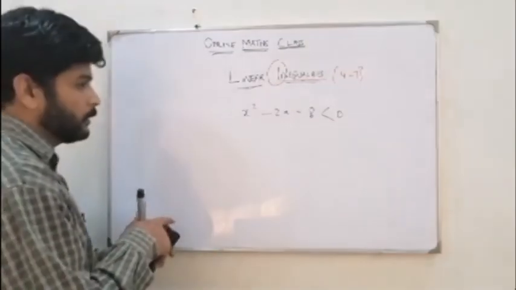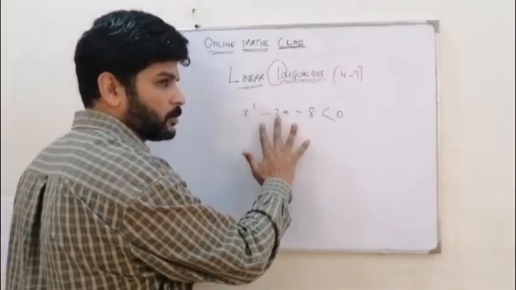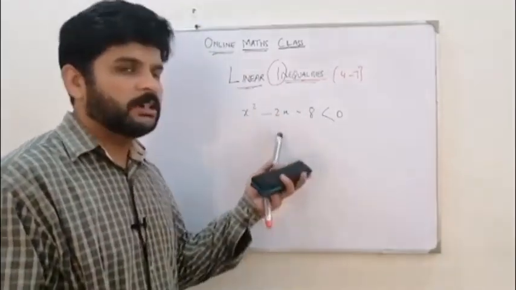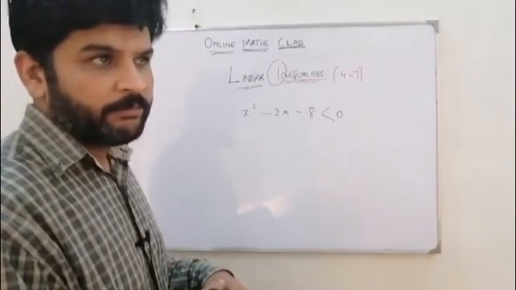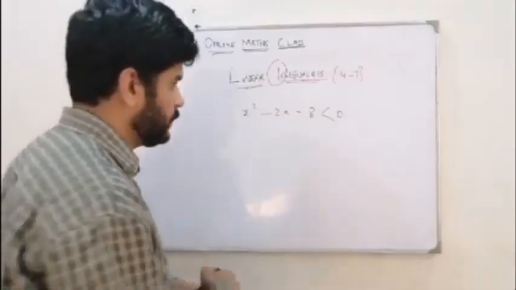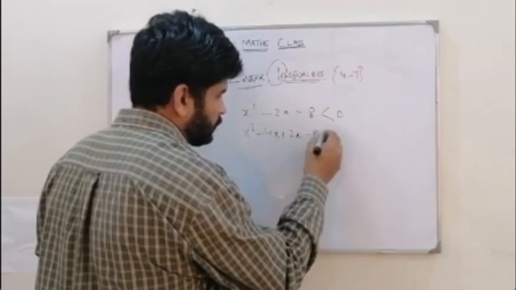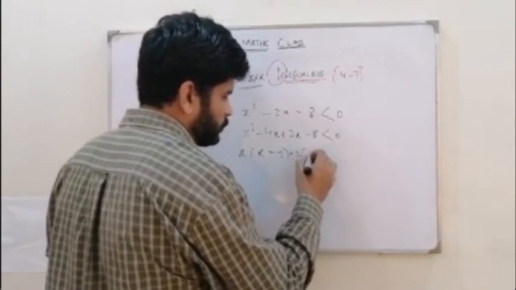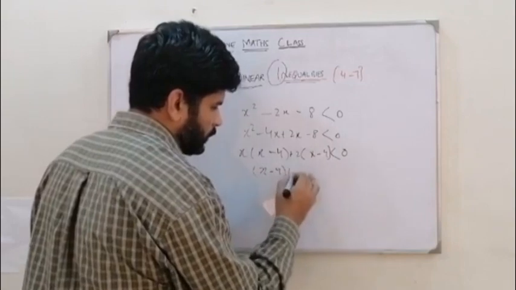Okay. Now for this, although I'm going to explain this concept in further topics in factorization, I'm not going to explain the middle term breaking here. So I'm going to break the middle term, so you don't need to remember right now, okay? But you have to remember that whenever there is inequality in a middle term breaking, how you do it. For example, this way, and then x is common, x minus 4 plus 2 x minus 4, this is x minus 4, this is x plus 2.